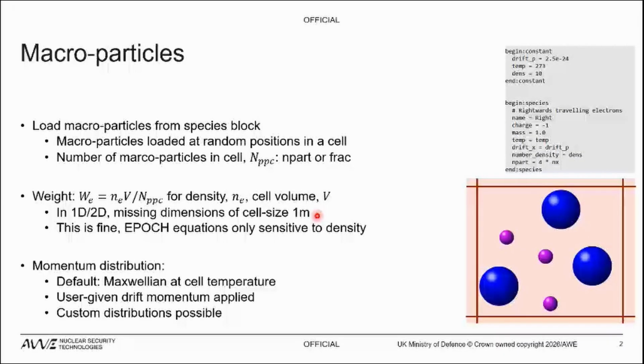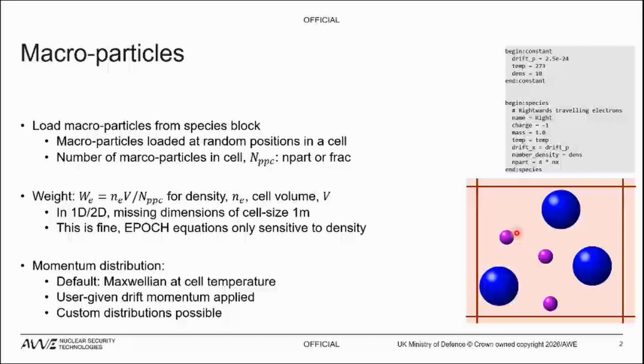So that's fine. You'll just have to be aware of this when you're looking at the weights in 1D and 2D codes, that they have this artificially high factor associated with them, because we need to give them something. And as a momentum distribution, if we give it a temperature, we will randomly pick momenta from a Maxwellian distribution about that temperature